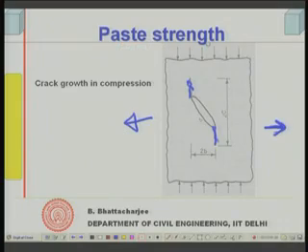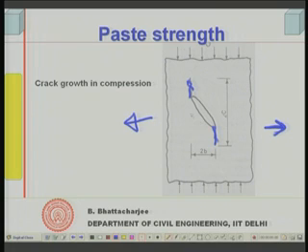When we are applying uniaxial compression, the material can expand along the transverse direction. So, when the material can expand along the transverse direction, actually tensile forces are acting along this direction. So, compression actually initiates a kind of tensile stress along the transverse direction, and therefore, you see cracks parallel to the direction of the loading, and that is what is being shown here, cracks parallel to the direction of the loading.